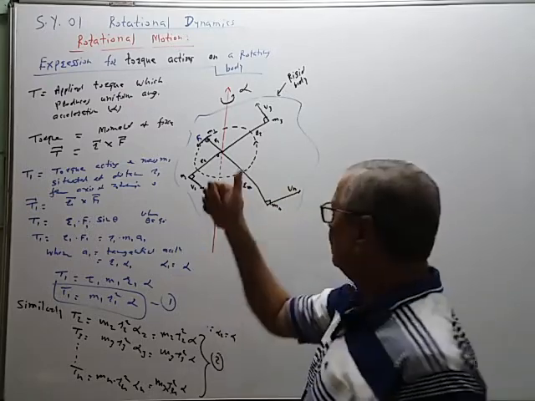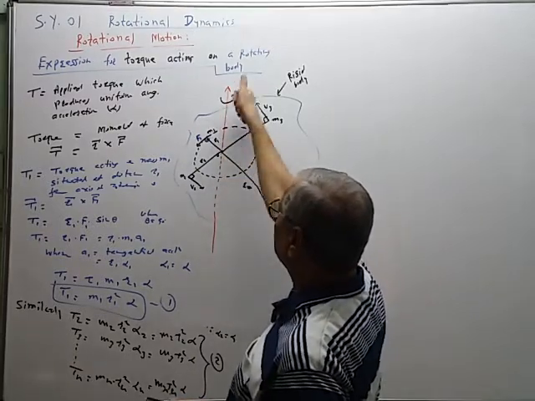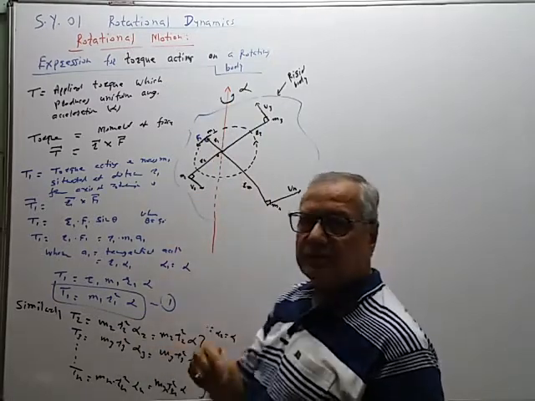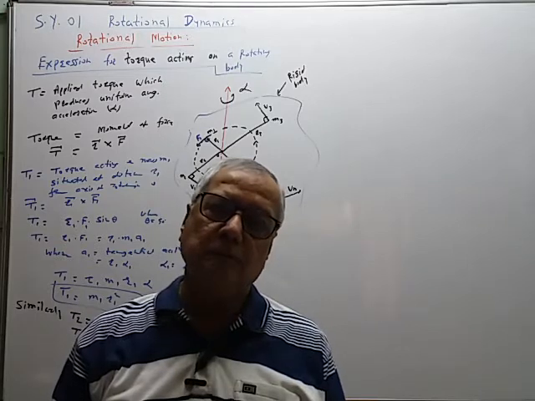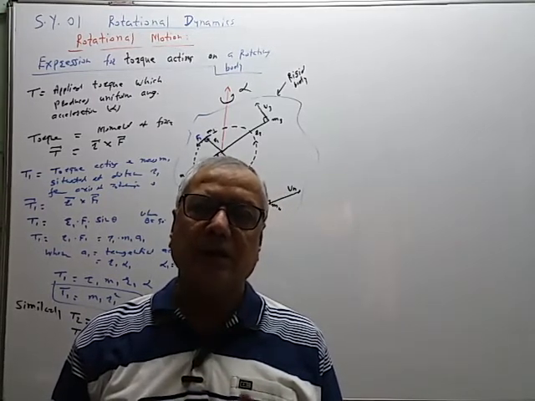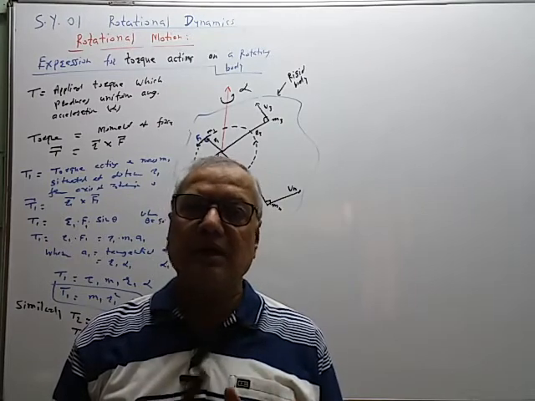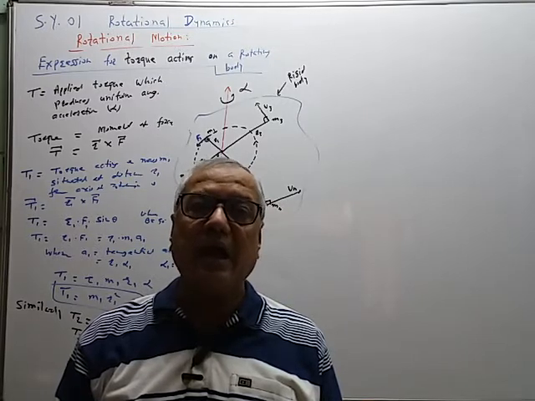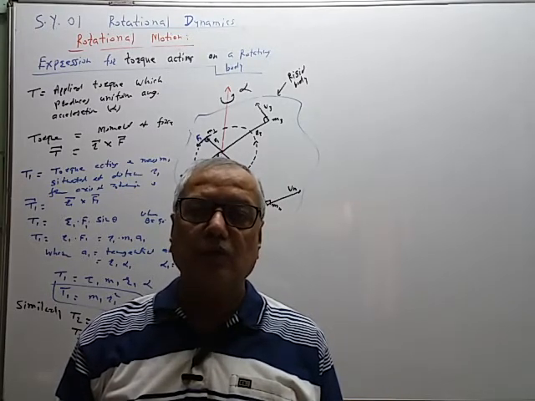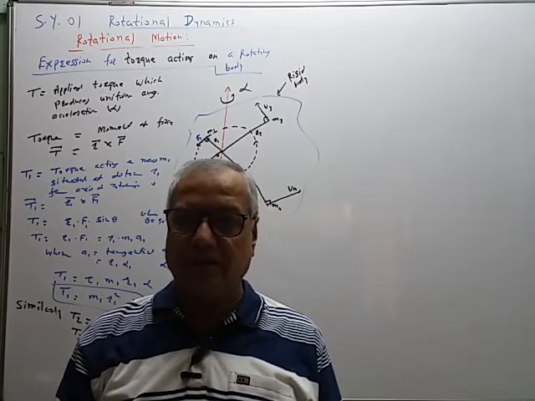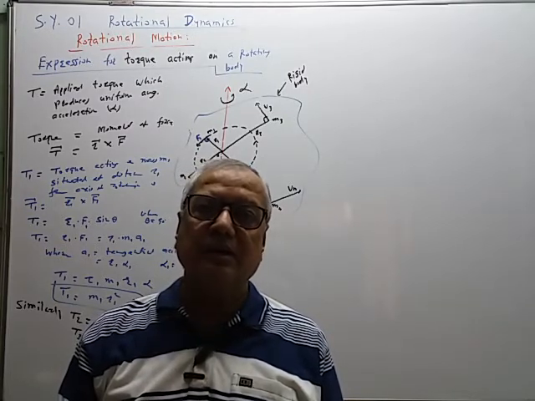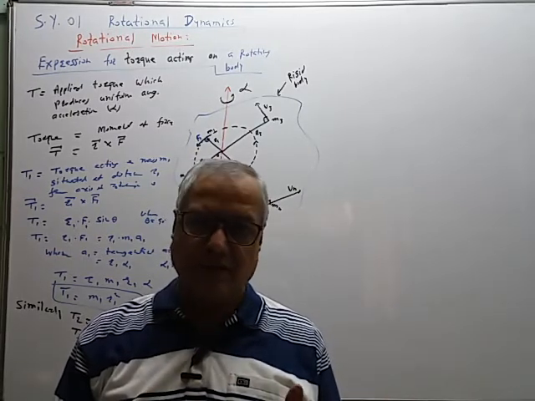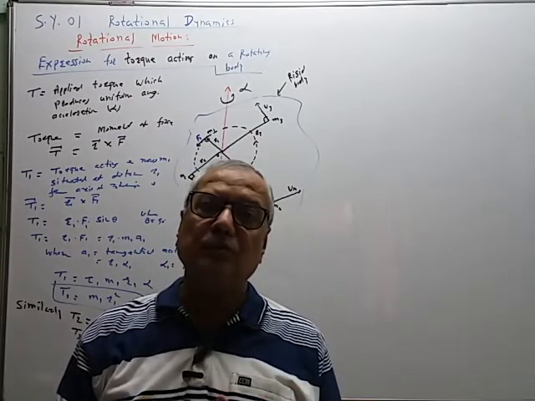If we apply the right hand rule, then alpha 1, alpha 2, alpha 3, alpha n, all angular accelerations are in the same direction. Therefore T1, T2, T3, T4 are also in the same direction. So even though the torques T1, T2, T3, T4, Tn are vectors, they have the same direction. And we know from vector addition that if all the vectors have the same direction, then we can add their magnitudes to find the resultant. The magnitude of the resultant vector is given by the sum of the magnitudes of the individual vectors. Same direction, addition. Opposite direction, subtraction. These are the simple rules for vector addition.